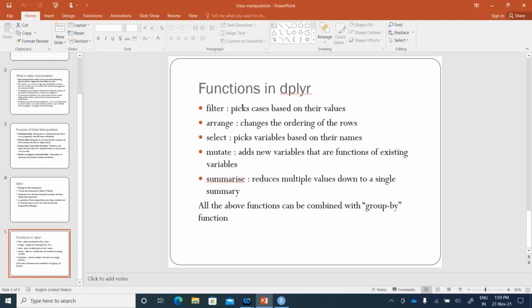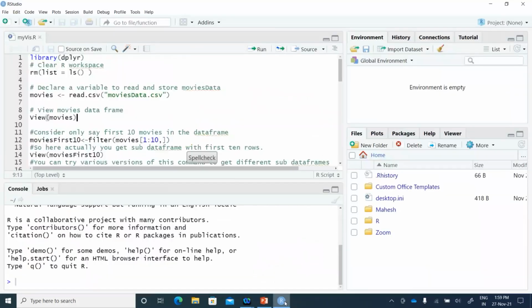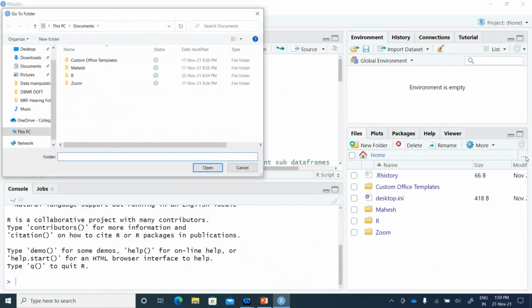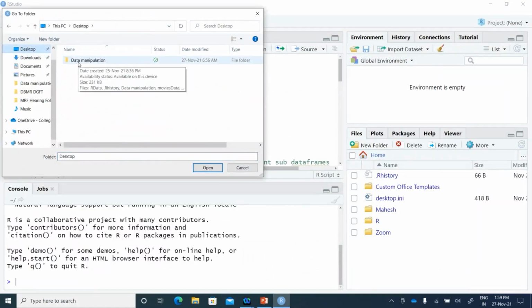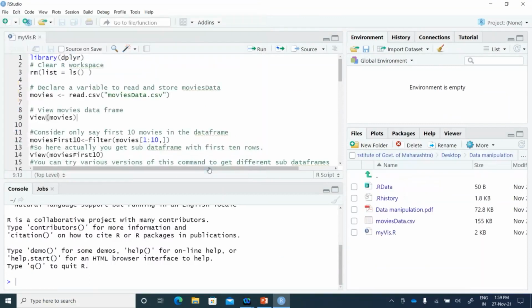All right. So now let's go to RStudio and start our work. Here in RStudio, for today's class, I would be using two ready-made files which are already available on the spoken tutorial as well. I have saved them in a folder called data manipulation on my desktop. So I'm just opening that folder, and you will be able to see the files which are there.